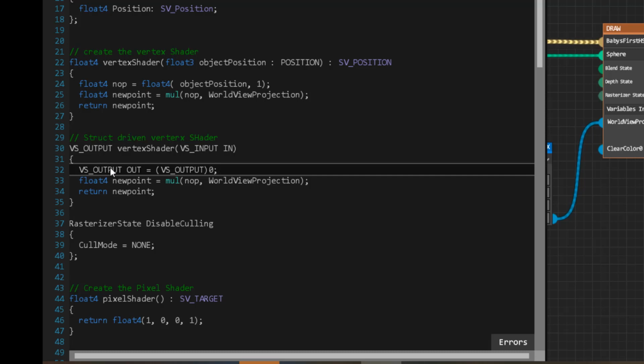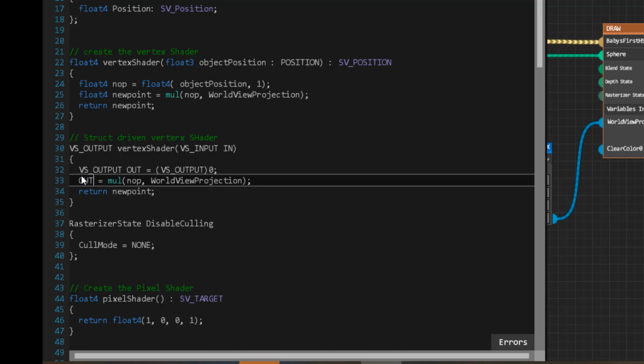And then we're going to reference, because, look here, where it says VS output, where it has a float 4 called position. So it's kind of like a little baby class in and of itself. That's what a structure is. It's kind of like a little baby class. So we're going to change this. So we're going to say out dot position